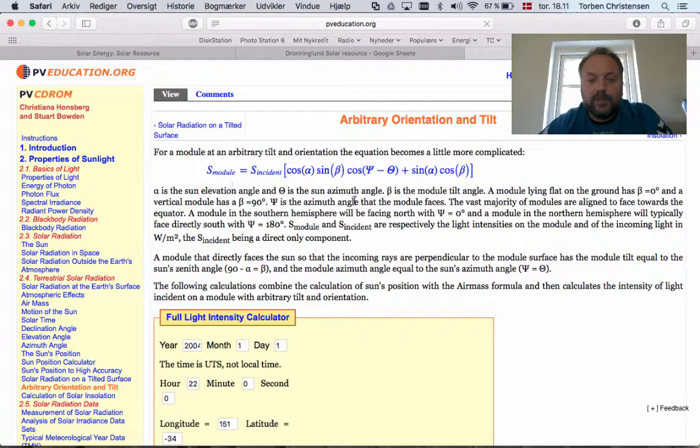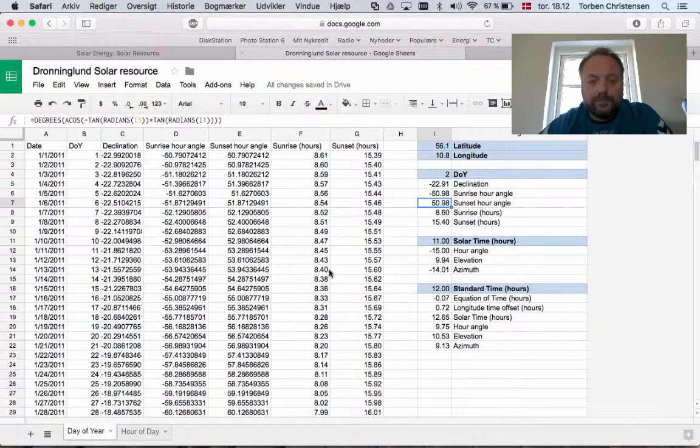So basically we need this equation also to be able to calculate module radiation. Going back to the spreadsheet,